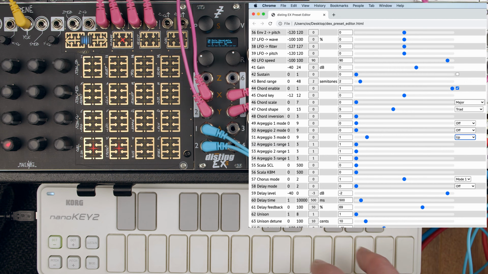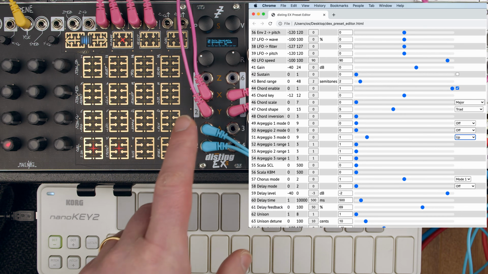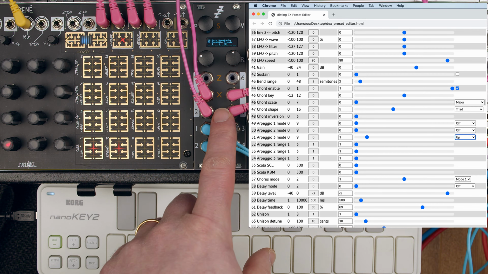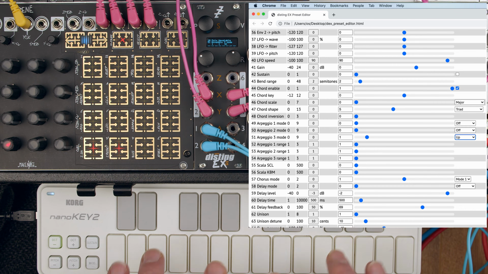Now, possible source of confusion. A lot of MIDI arpeggiators, you hold down some notes and you give it a clock and it arpeggiates over the notes you're holding down. That's not how this one works, because it's primarily designed to be useful when played by CV gate, where you might just have one CV gate input and you haven't got a big keyboard to play multiple notes. So basically what happens is, if you turn the arpeggiation mode on,